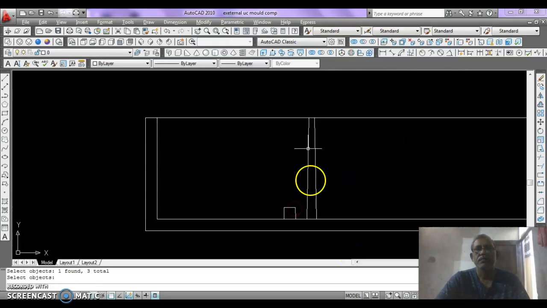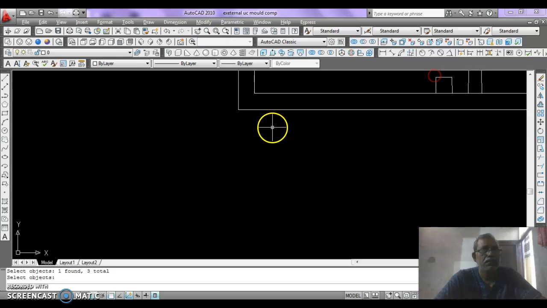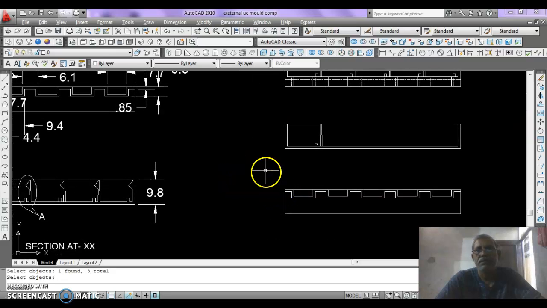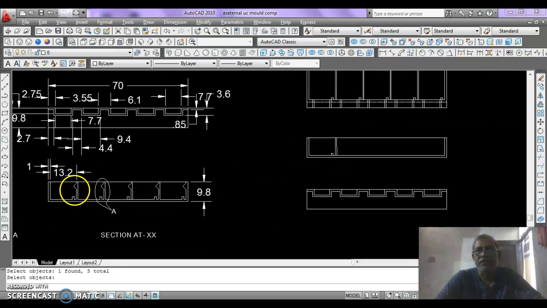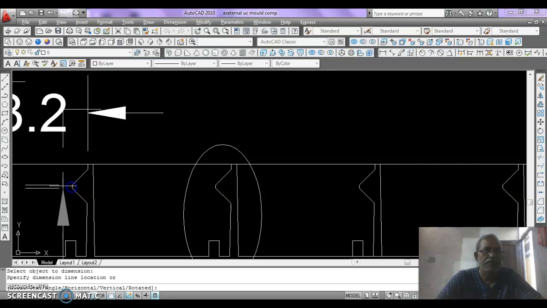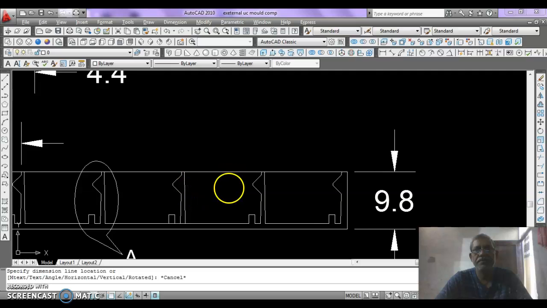Now this thing is okay. Now we just check something, that is okay. And now we draw this thing. This is the section. We can check the dimension of this by 0.3, and we just draw here